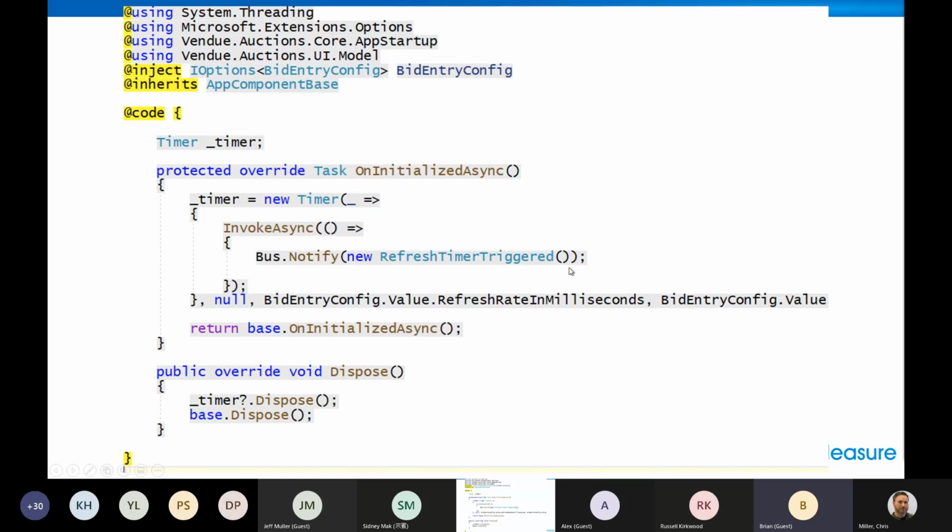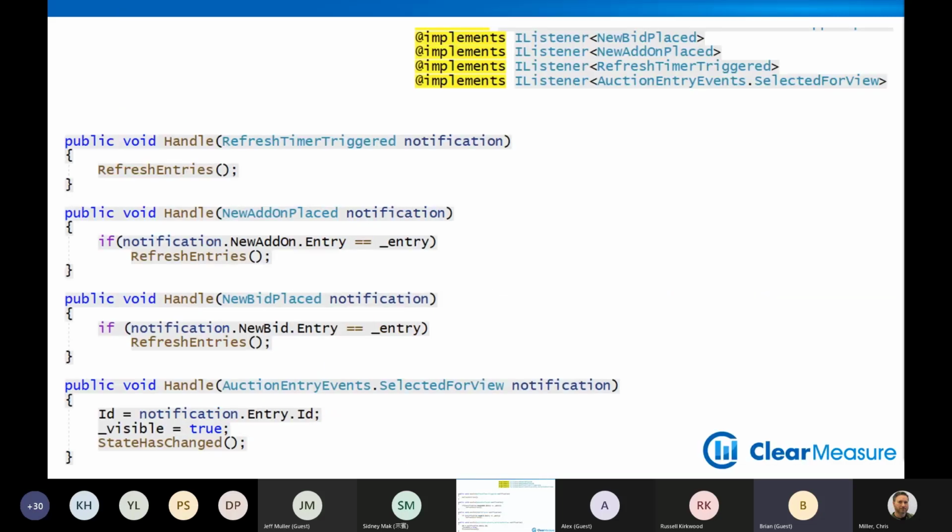That's an event object. And it's an empty object. It has no properties. It just is. It's an event. And so we say, hey, bus.notify. Well, notify who? Notify whoever wanted to be notified. Okay, so we have some components around the screen, and for them to get this notification, they just need to implement an IListener interface. This is just a design pattern. This is the good old observer design pattern coupled with registering to a bus that has some events going through.